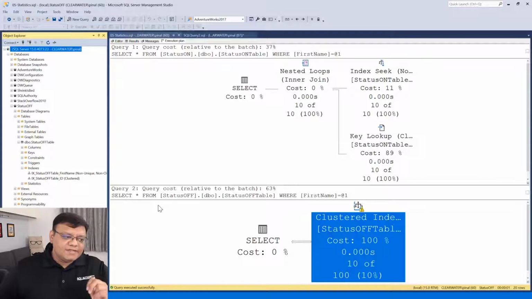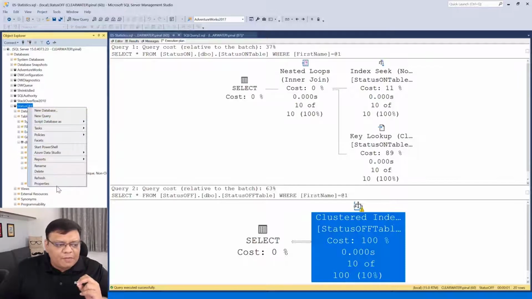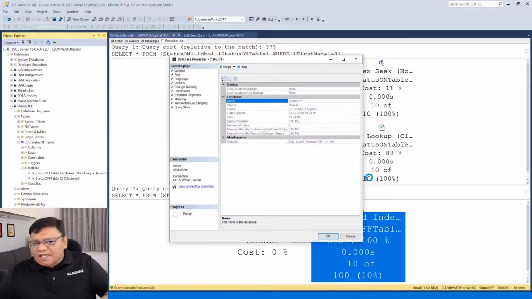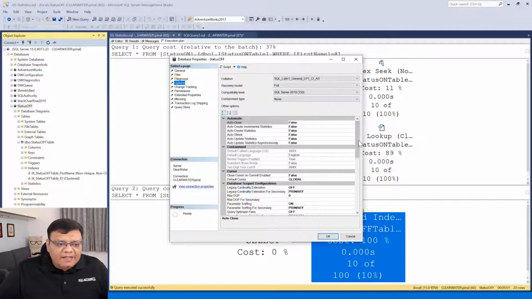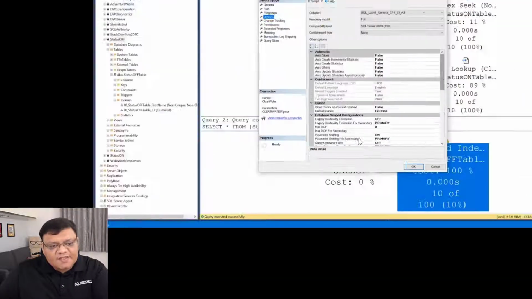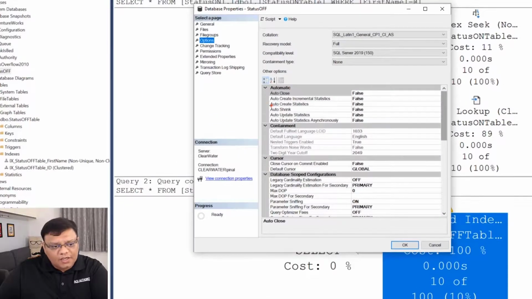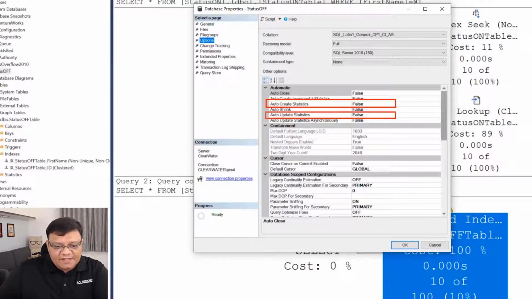I have two indexes. Now this index is not even being used because of the classic setting which most of the people I still see at my clients' places just keeping off. And that setting is this. These are the settings which we really need to spend time on. All right, I did not highlight it right. So auto create statistics and auto update statistics.